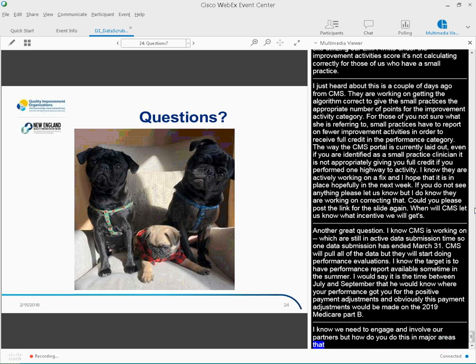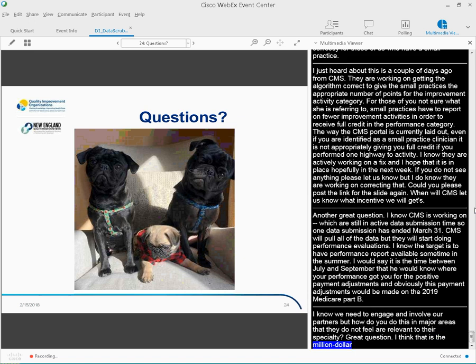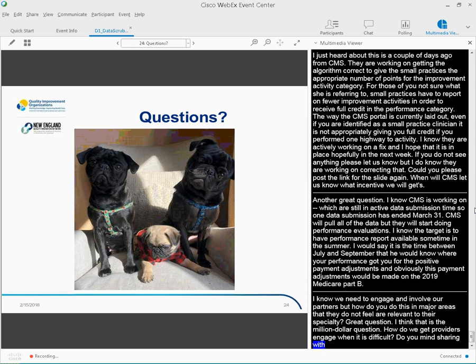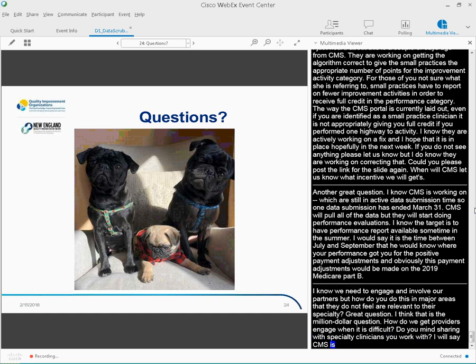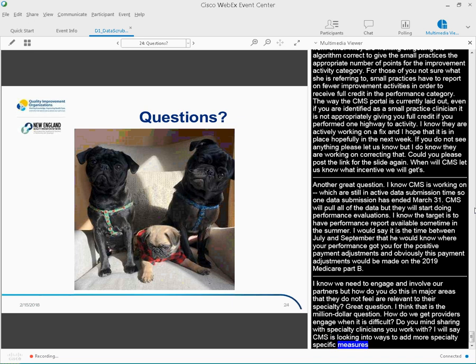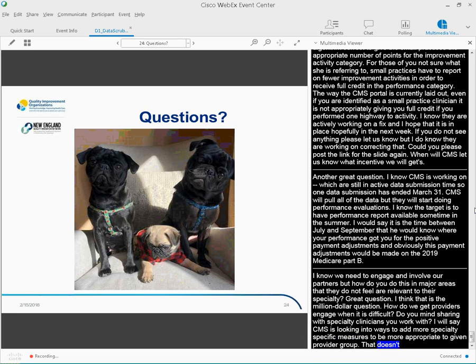I will say CMS is looking into ways to add more specialty-specific measures to be more appropriate to given provider groups. Now, that doesn't happen overnight, so obviously there are different areas that they're focusing on.